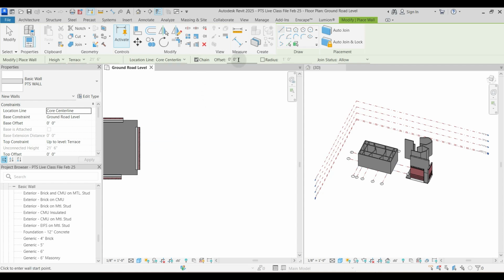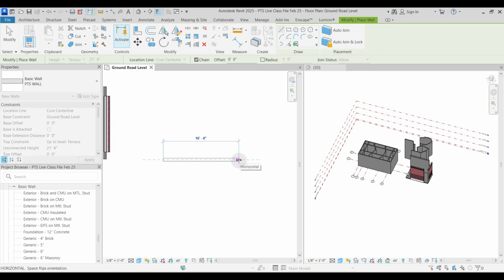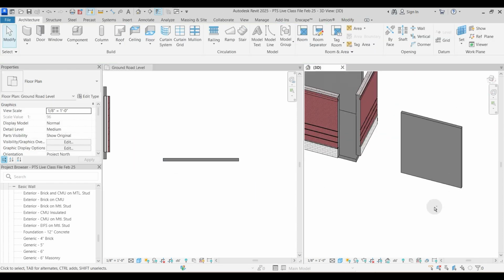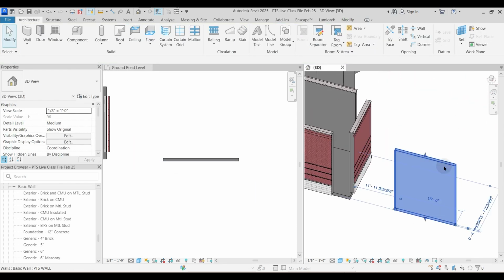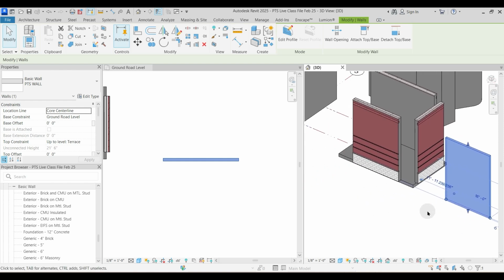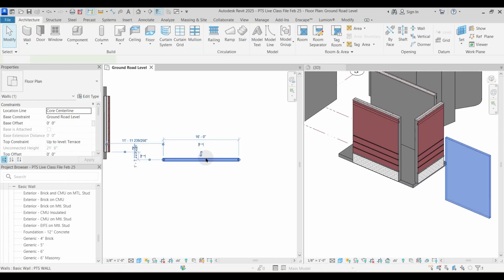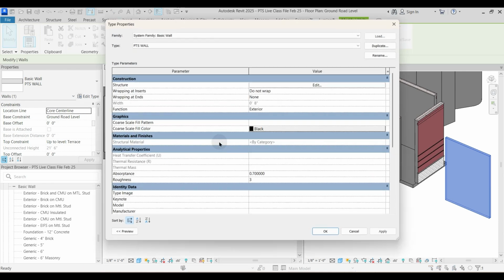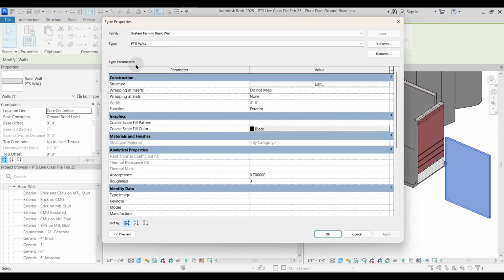All this I showed you: chain, offset, radius. Okay, join status, allow and disallow, that will follow in tomorrow's lecture. So I will just click this particular wall and create that particular wall. Okay. So see, now this is a simple wall which doesn't have any customization to it. Okay. We are just going to say edit type, and these are the different parameters associated with it,